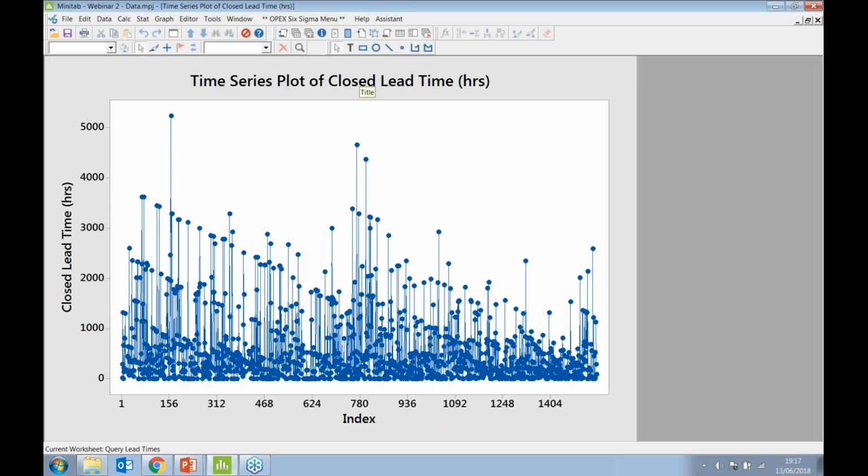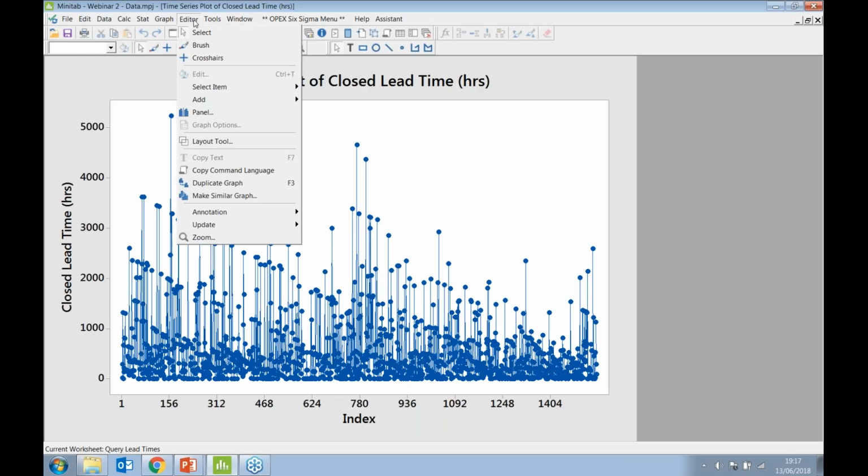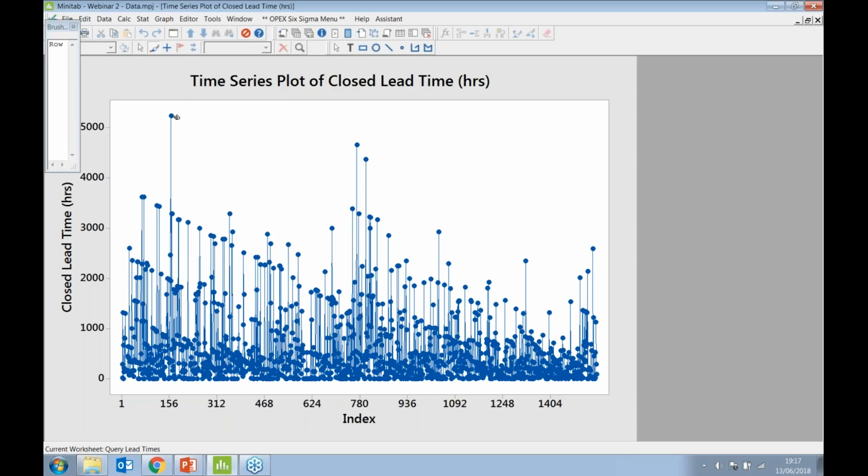Now, time series plots can look pretty busy sometimes because all the data have an individual point, but it shows pretty much what we're expecting: most of the results are down towards 0 and the frequency gets less and less. And here are the outliers up here, and you could use Minitab's editor brush tool to point at those and see which row number they are, and you could go look at those and see whether they had specific assignable causes. But overall, in this time series plot, I cannot see any drastic changes between the left-hand side and the right-hand side. In other words, over time. There's nothing that really stands out like a sore thumb,